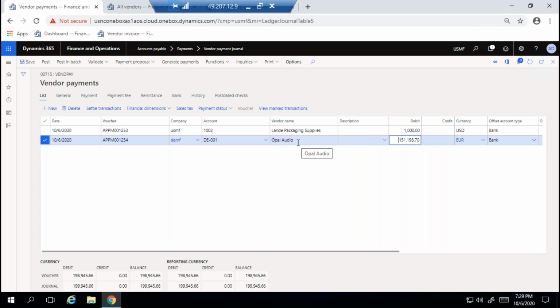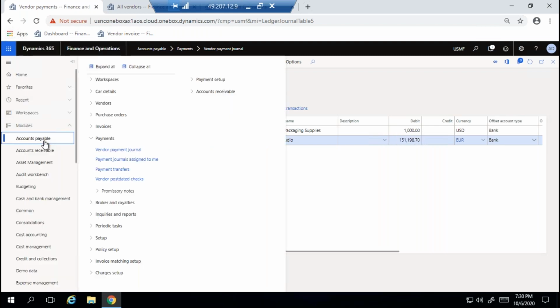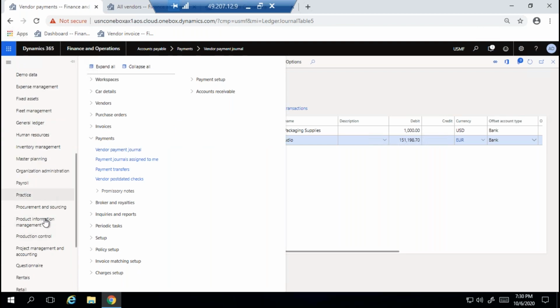For this intercompany setup we will do for customers, vendors, ledger accounts. Let me verify other companies. Generally we will not do fixed assets. Fixed assets it is not possible. So let me go to the general ledger. Let me explain clearly what the options are and what is available.